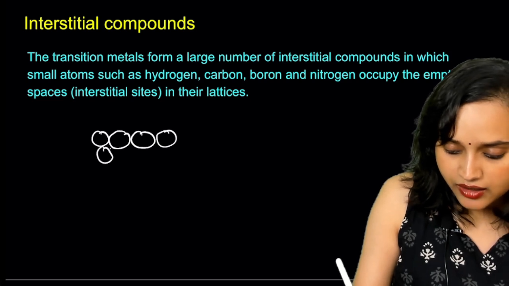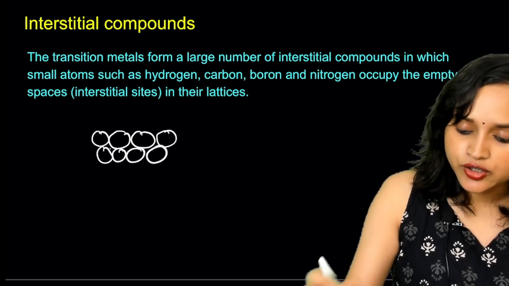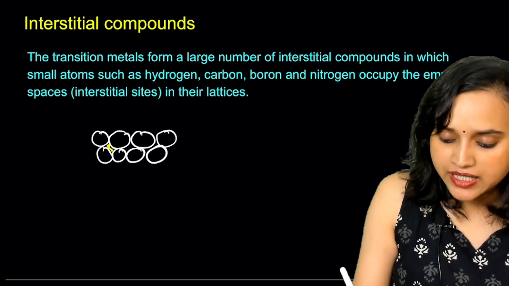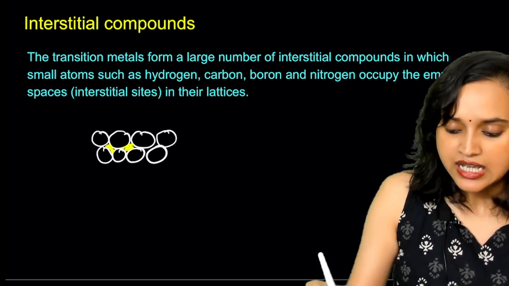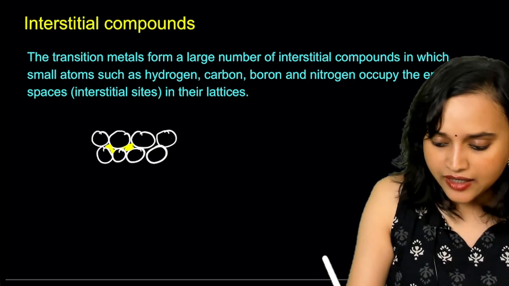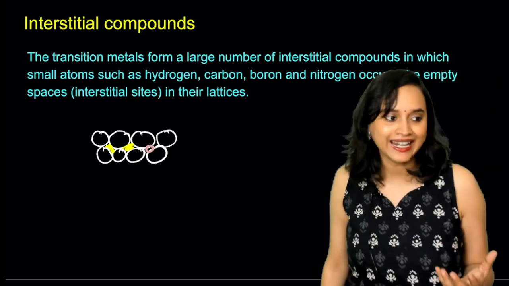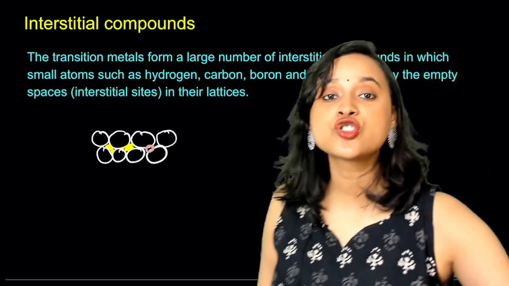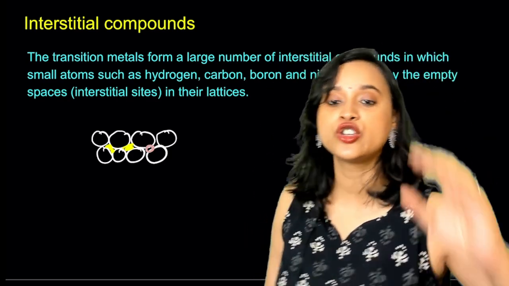One atom is here, one atom is here, one atom is here, one atom is here, right? Now you notice that these are the empty spaces. Yes, this yellow color shaded part that you see, these are the empty spaces. Now in this empty space, if I have another atom, let's say carbon, nitrogen or hydrogen, if they enter, then it will not follow stoichiometric coefficients and it will be non-stoichiometric compounds.